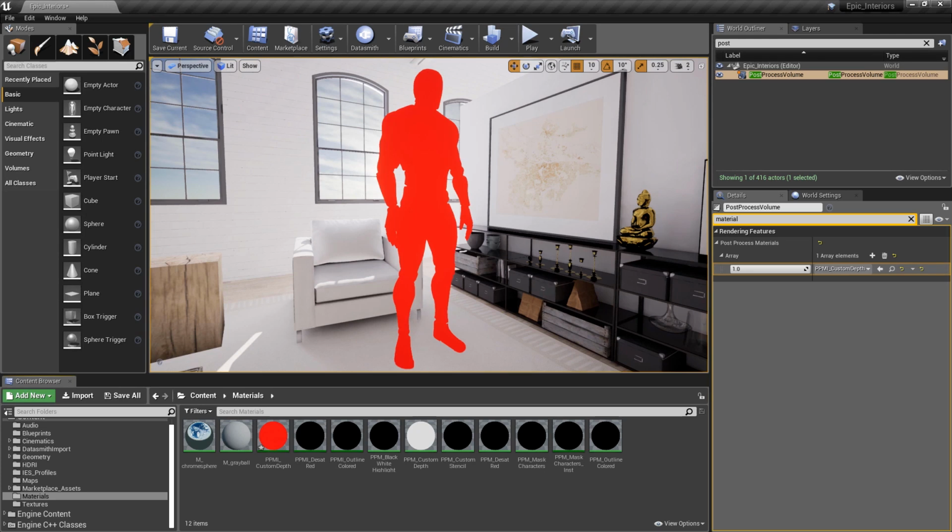In this episode, we'll continue to delve into post-process material masking tricks. In a previous tips and tricks, we looked at the custom stencil buffer and how we could mask out different objects, giving them each their own rendering style based on which stencil buffer ID they were using. This time, we'll be looking at how to use the custom depth and scene depth render targets to mask out